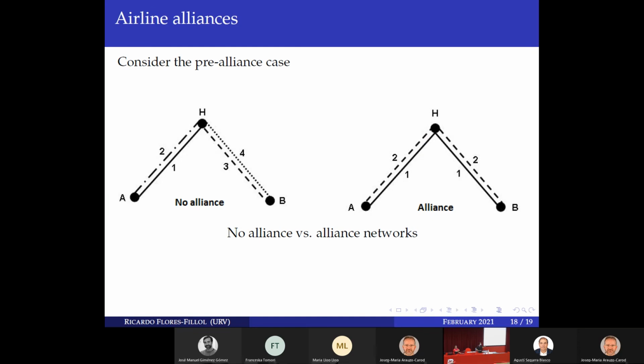An interesting phenomenon here is that alliances and mergers are very important in the airline industry. When an alliance or a merger is formed, the partners start to take into account the congestion they impose on their partners. So a good positive effect of alliances and mergers is that partners typically start taking into account the congestion they impose on their partners. This generates an extra internalization of congestion. This is another particularity of the airline industry that you don't have in urban transportation.